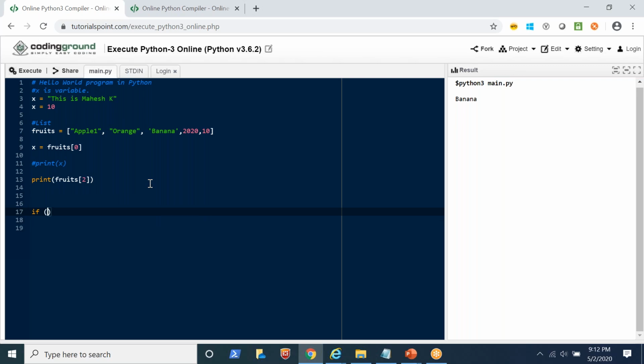If 10 is greater than 2, and we know this is correct, then I have to write something. Print, this is true. Okay, so now indentation is